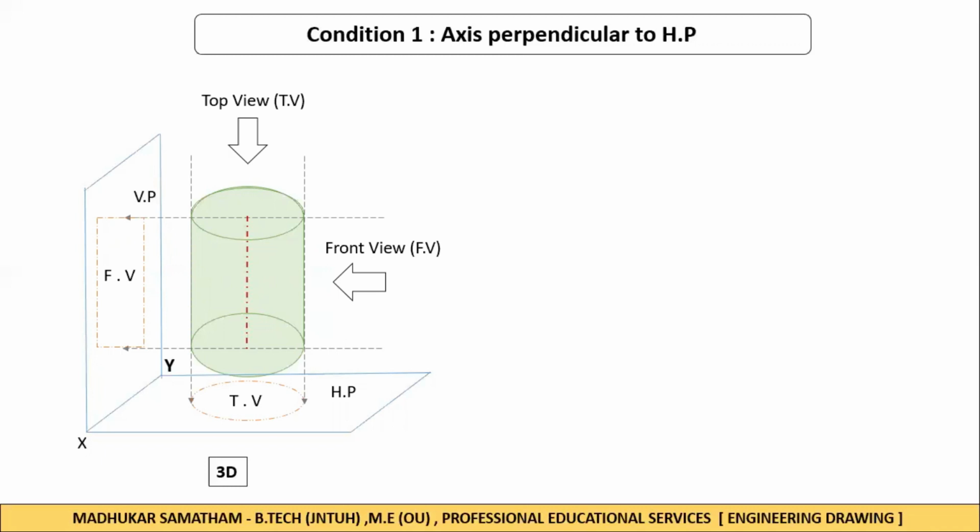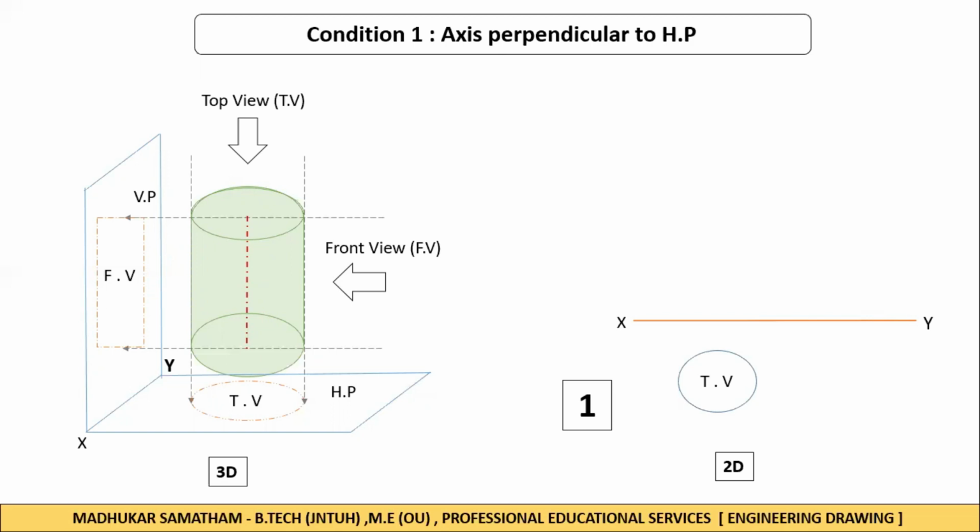Remember, when you want to start a drawing in 2D, we should always start from the base shape of the solid. What is the base shape of the solid in the 3D system? That is the top view. So the diagram should be started from the top view. In the 2D system, first we draw the XY line, and in the first step we can see that the top view is the base shape of the solid. So we are starting from the top view.